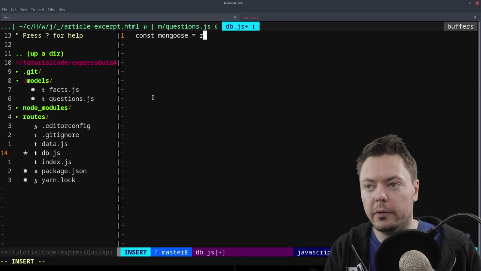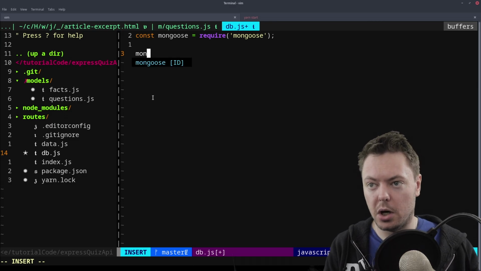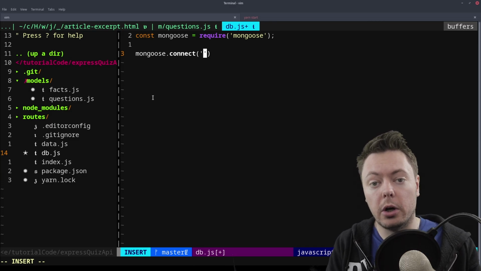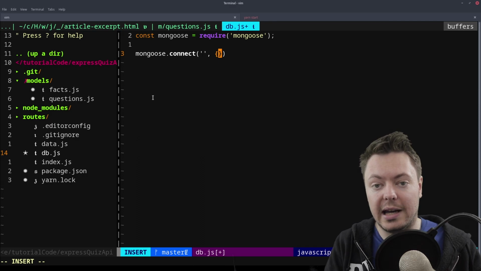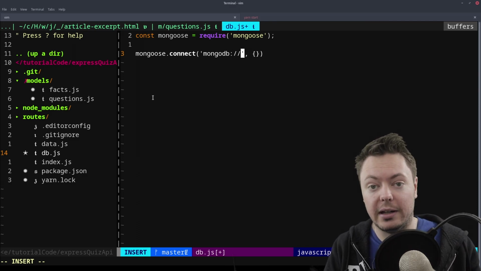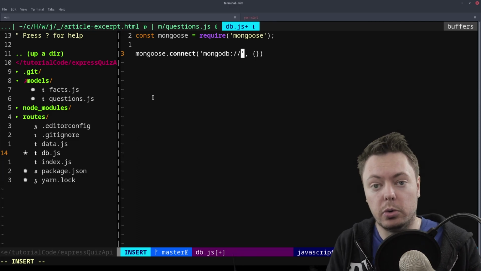So we'll do what we've done before, Mongoose. So the syntax to connect to a Mongoose database is something like this. We say mongoose.connect, and then we give it a string, which is a URL to a MongoDB instance. And then as a second argument, we give it an object, which is the configuration object, the options that we want to use to connect to that database. So in this string, I'll connect to mongodb://, so that's the protocol we're using. So on the internet, we have like http://, and that's telling the URL that we're using the HTTP protocol. Here we're using the MongoDB protocol. So we're going mongodb://